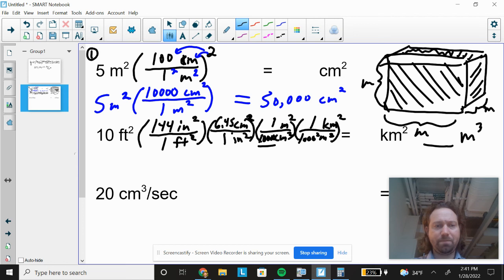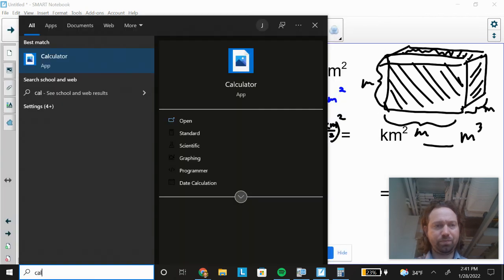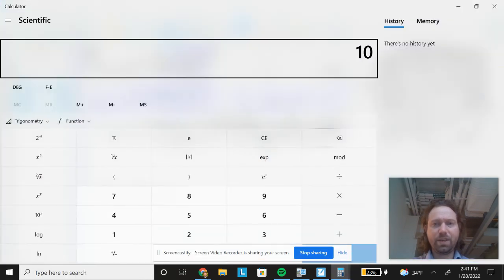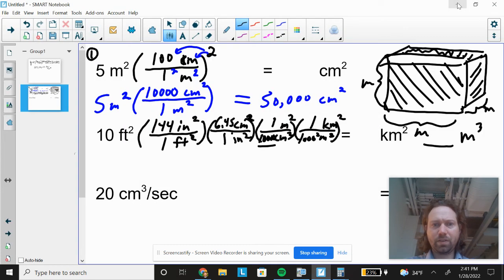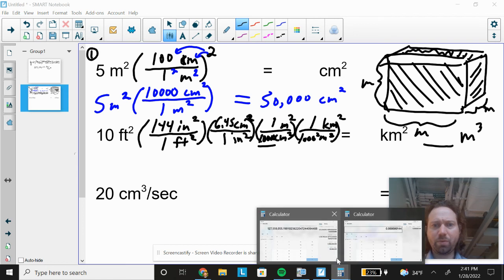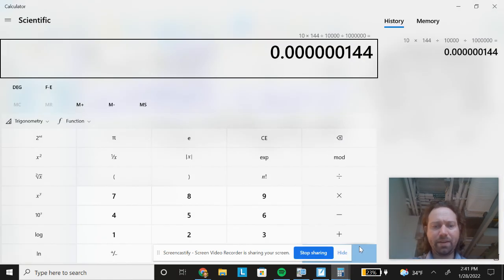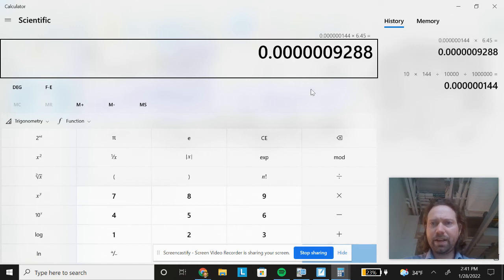So let me go ahead and do that. 10 times 144 divided by 10,000 divided by 1 million. Oops, I missed one more step. And then I multiply by 6.45. And I get my answer as